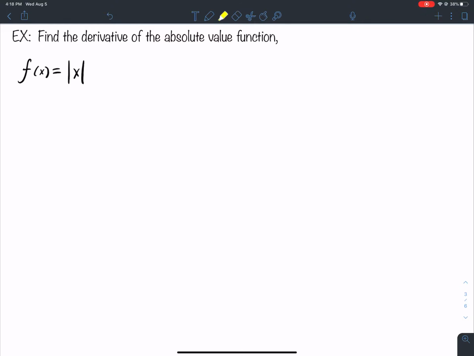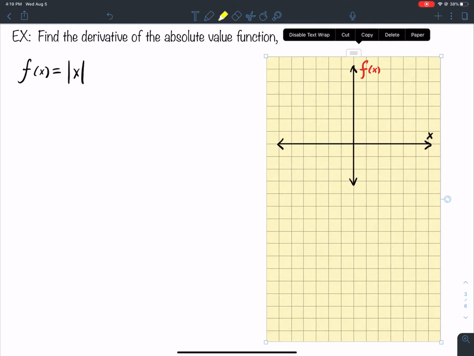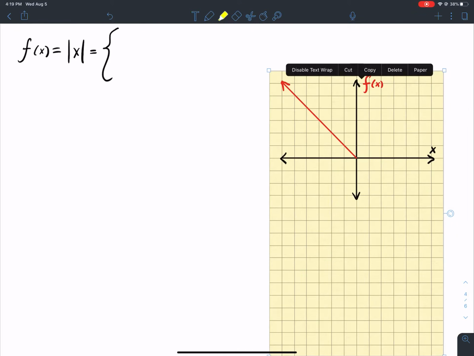So here we're going to find the derivative of the absolute value function. The absolute value function, we've already talked about this, but it's defined to be a piecewise function. It's broken up into two pieces. There is a negative